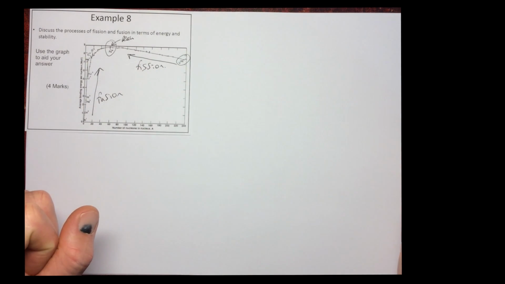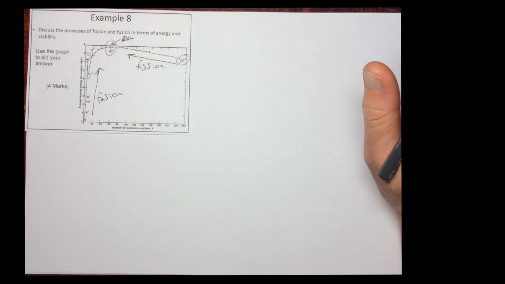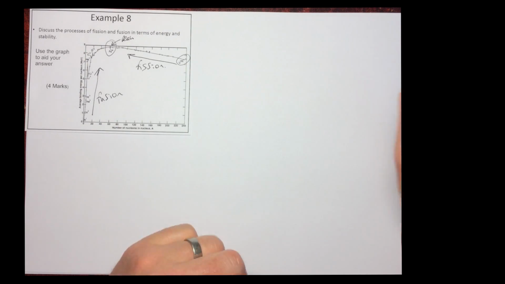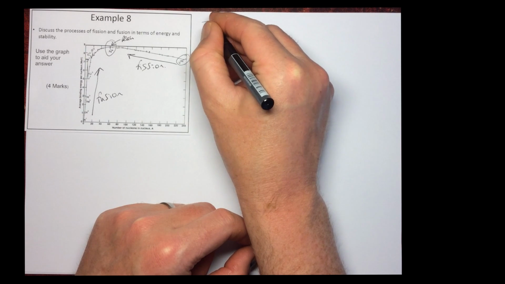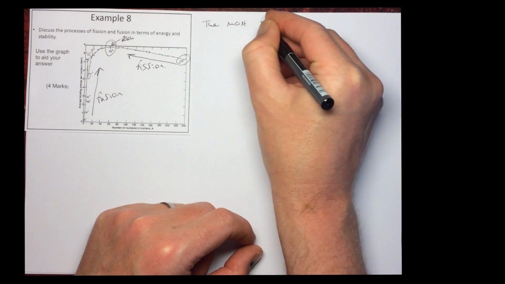So if I want to remove a nucleon from iron 56, I need to use about 8.79 mega electron volts to do that. Whereas if I wanted to remove a nucleon from helium 4, I'd have to use about 7.1 mega electron volts. So the iron 56 is the most stable nucleus because it's got the highest binding energy per nucleon. So you might want to say something like this: the most stable